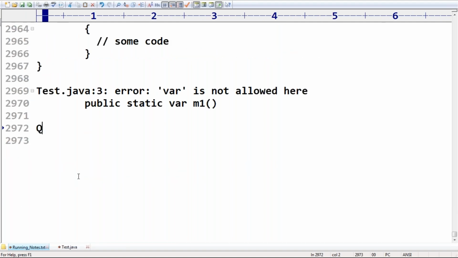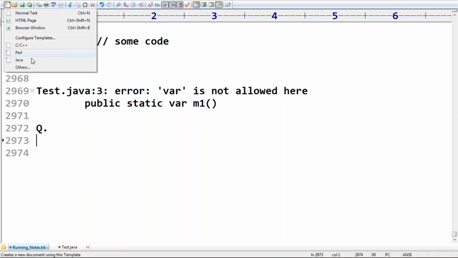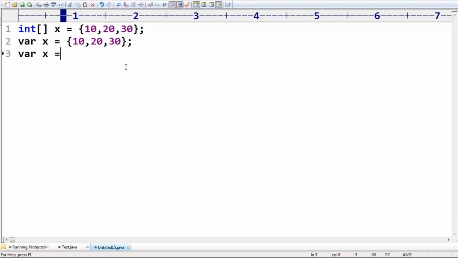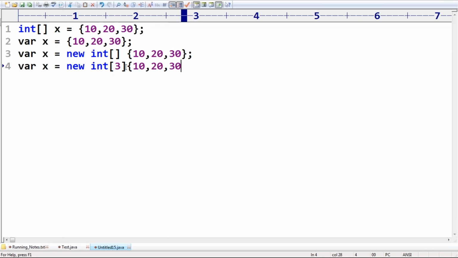Here my declarations are: int array x is equal to new int array x is equal to 10, 20, 30; var x is equal to 10, 20, 30; var x is equal to new int array of 10, 20, 30; and var x is equal to new int array of 3, 10, 20, 30. Can you please confirm which of these are valid and which are invalid?